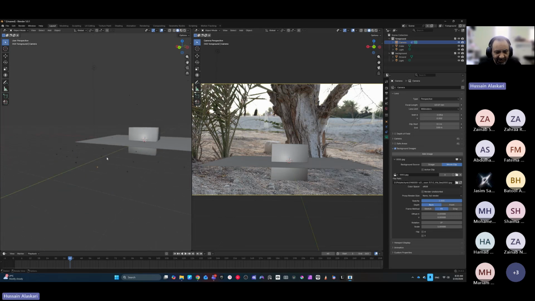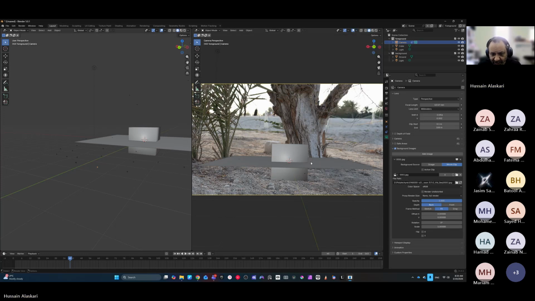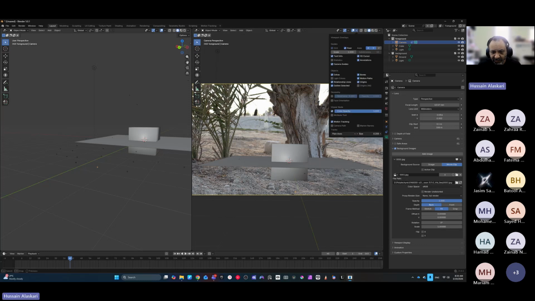And this is the floor. I can add them here as well. I can add my tracking markers here as well. Okay, so there I can see them. Bigger size, so you can see them. Okay, so these markers are exactly where they're supposed to be in